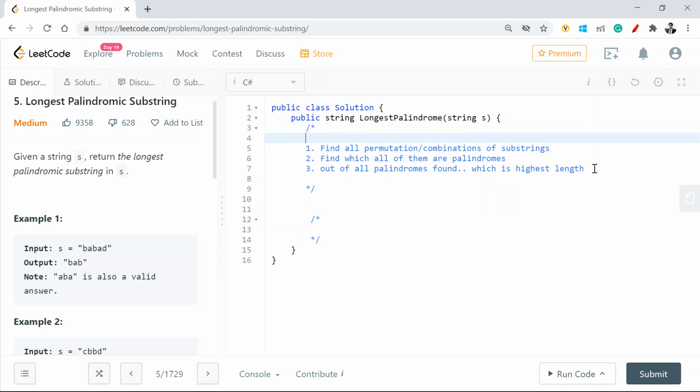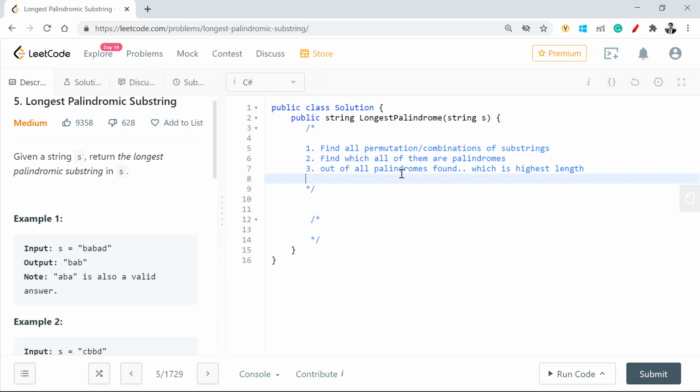The problem with the first approach is that the moment we go forward and look for multiple combinations, we need to first loop through and find all the combinations, then find all the substrings, then see which ones are palindromes.